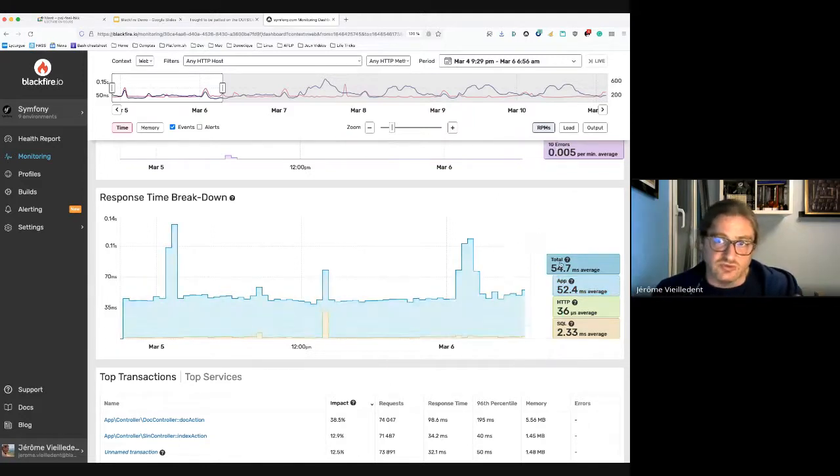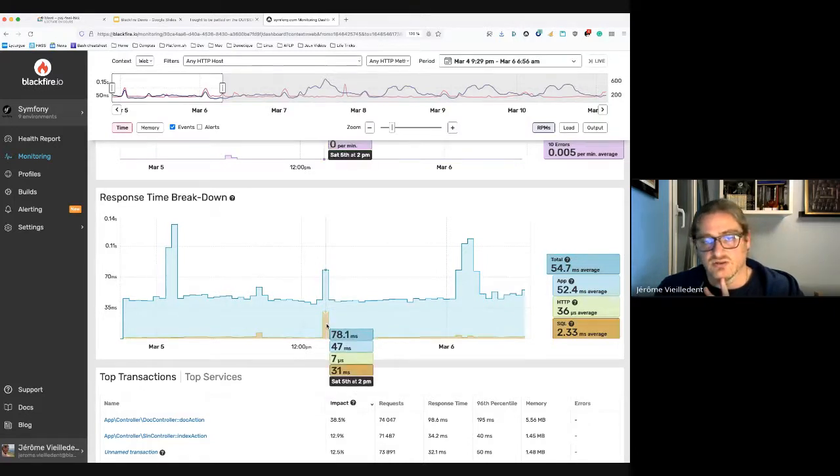In average, we have 55 milliseconds, and 52 in the app itself, meaning the PHP part, and we have like 36 microseconds for HTTP and 2.33 milliseconds for SQL.